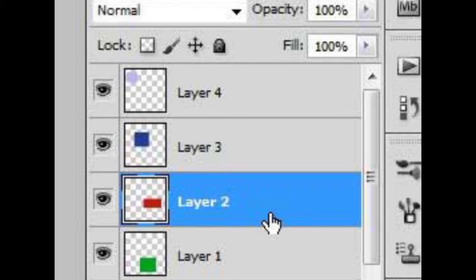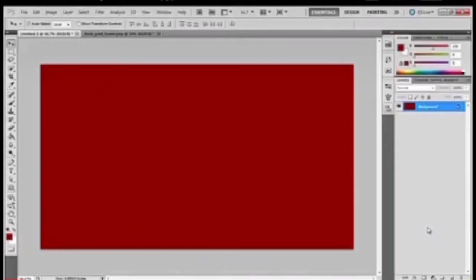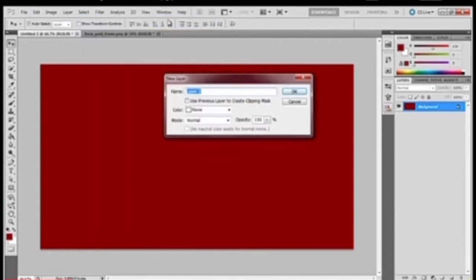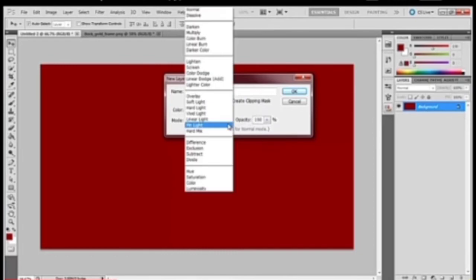Now, how do you add a new layer? Our next topic is adding a new layer. To add a new layer, first click on the layer on the menu bar, then select new, then the new layer dialog box appears. Here you can enter a name, or you can change the color, or whatever you want to change.